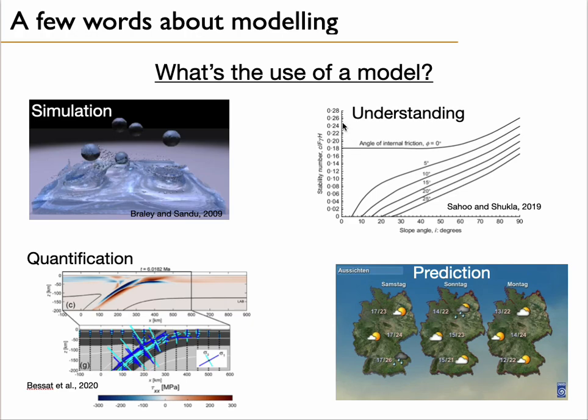Another appearance of a model can simply be a diagram. So you see a stability diagram. You have the stability number of a slope as a function of the slope angle. That's very important because this type of diagram helps us to understand the behavior of a system. So for example, if the mountain is going to collapse,